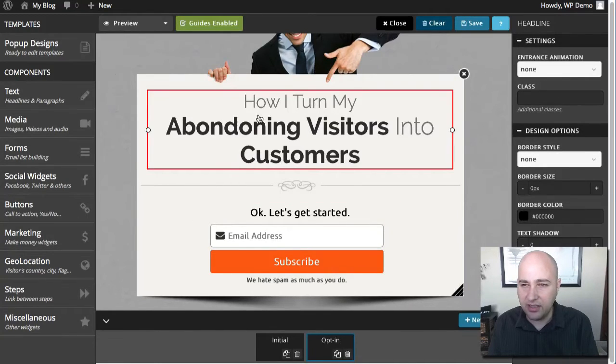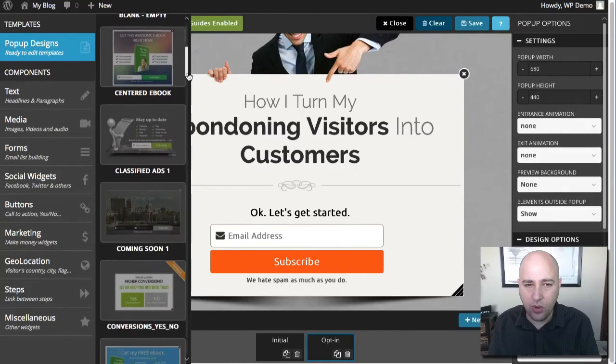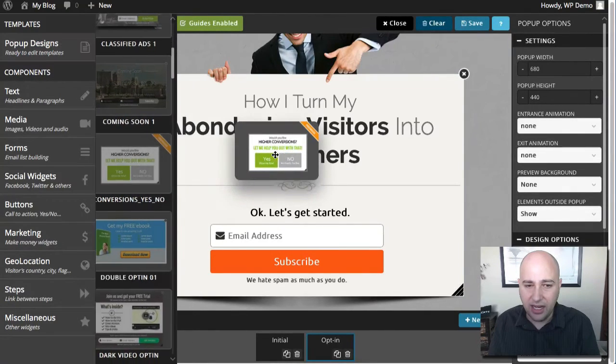So anyways, you notice there's this panel here on the right. When you click on an element, there's element-specific settings. So you can animate these different elements. I don't like too much animation. I don't mind the whole pop-up being animated, but elements I don't really like to have slide in, fade in, pop in, and stuff like that. But if that floats your boat, you can go ahead and do it right there. Border style or whatever.